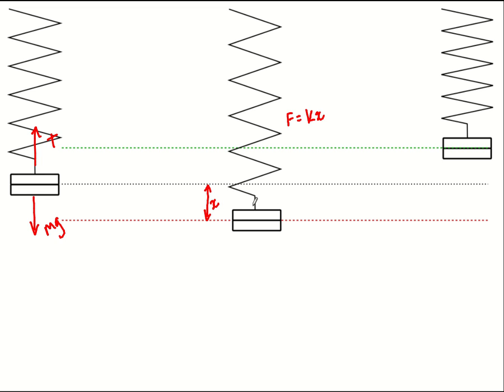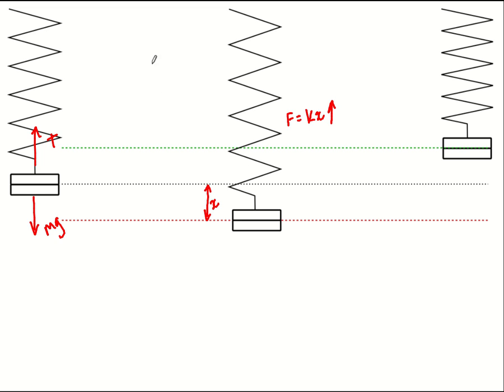So the tension upwards will be the initial tension, T, which is equal to mg, plus this extra little bit. Mg is acting downwards, so that will cancel that part of the tension, and we're just left with a resultant force acting in the upwards direction